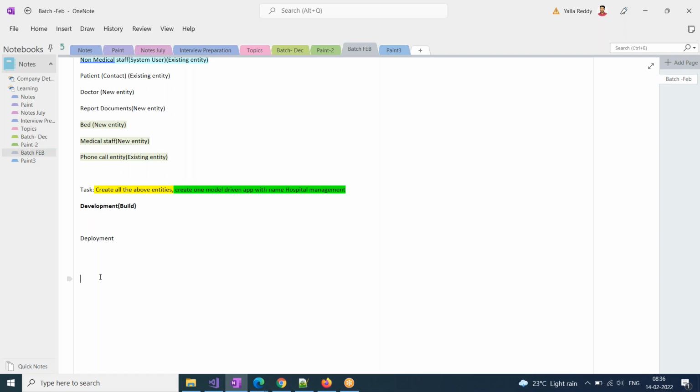From a database perspective, I will connect them. One doctor can give consultation